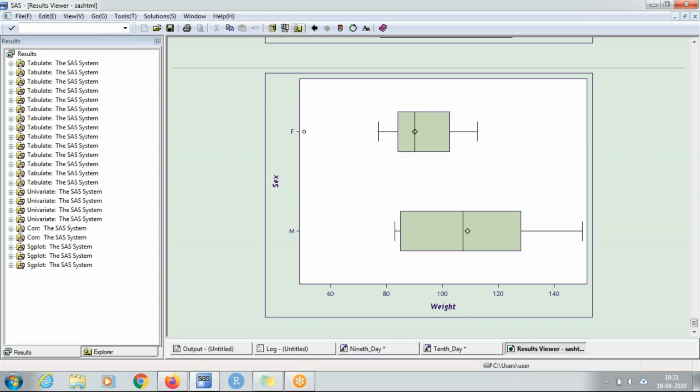So what is box plot, Anshu? Anshu, can you hear me? Yes, sir. Box plot क्या होता है? सर ये हमें